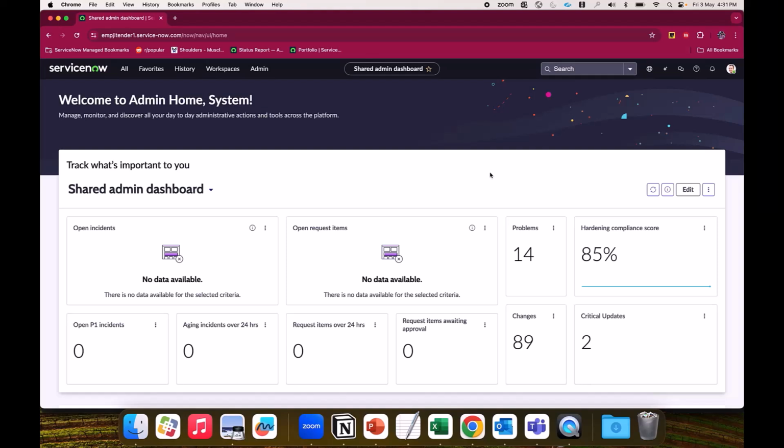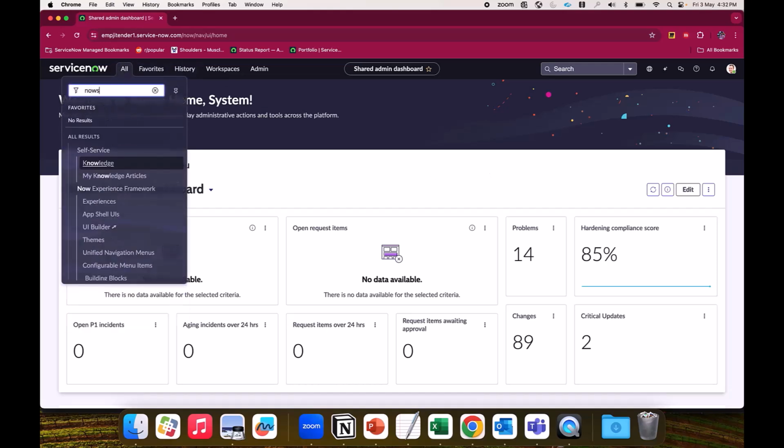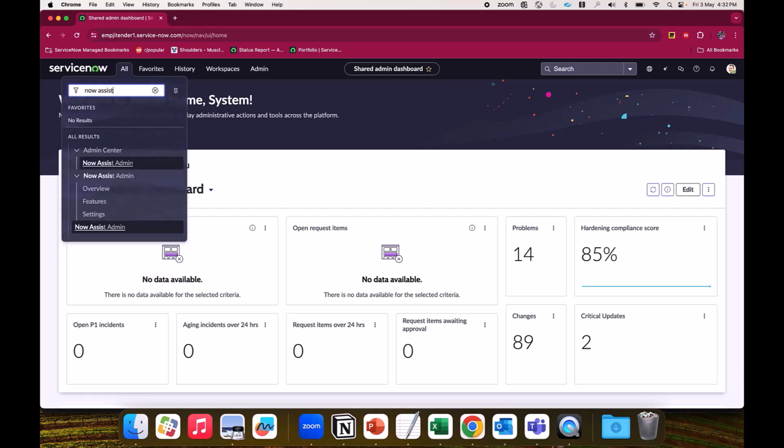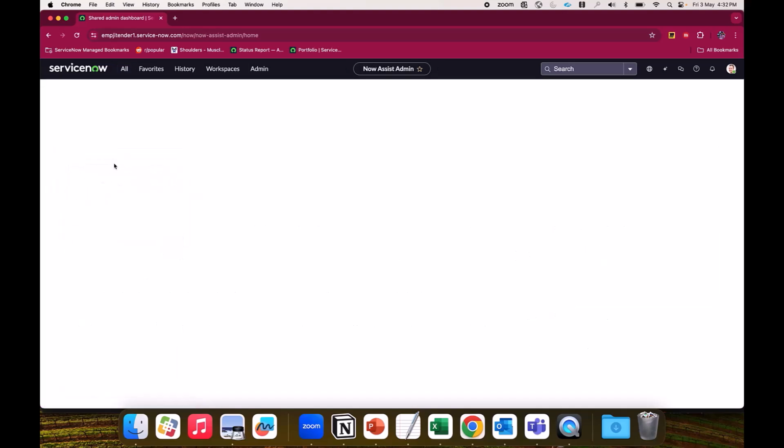Hello everyone. Today I'll be showing you the setup process for enabling feedback summarization after installing Now Assist for Strategic Portfolio Management. After installing Now Assist for Strategic Portfolio Management, the feedback summarization doesn't automatically show up for the end users. The admin has to go into the Now Assist admin console that you can find in the menu. Go into the Now Assist admin console over here